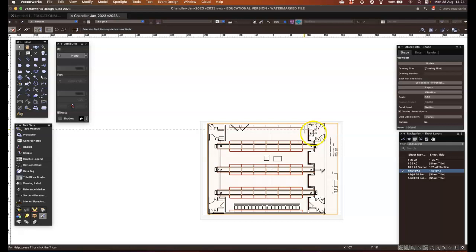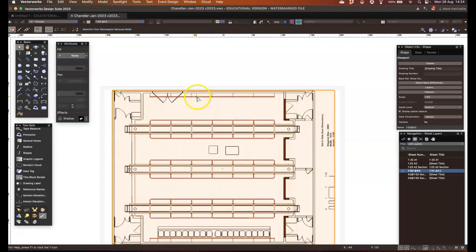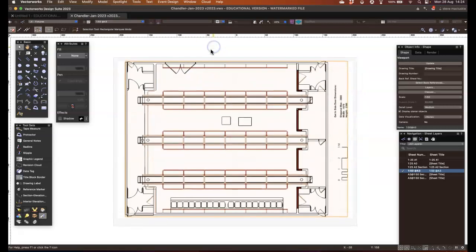The layers selection of the viewport, I decide what I want to see in the viewport, which is placed on a sheet layer, and then I export the PDF from that. That relationship between those three things is critical, and if you just take a moment to go through that a couple of times, it will save people sending me emails saying, can I get a copy of the